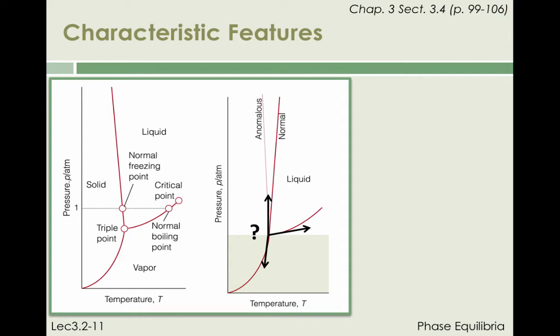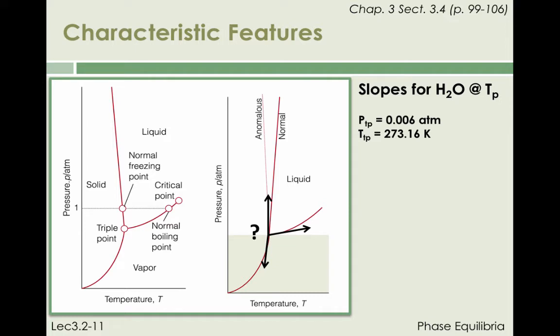Let us examine the phase diagrams shown in schematic form on the left-hand side of this slide and discover what features, if any, are physically meaningless. Let us specifically examine the slopes dp over dt for the three coexistence curves near the triple point, which is defined by a pressure of